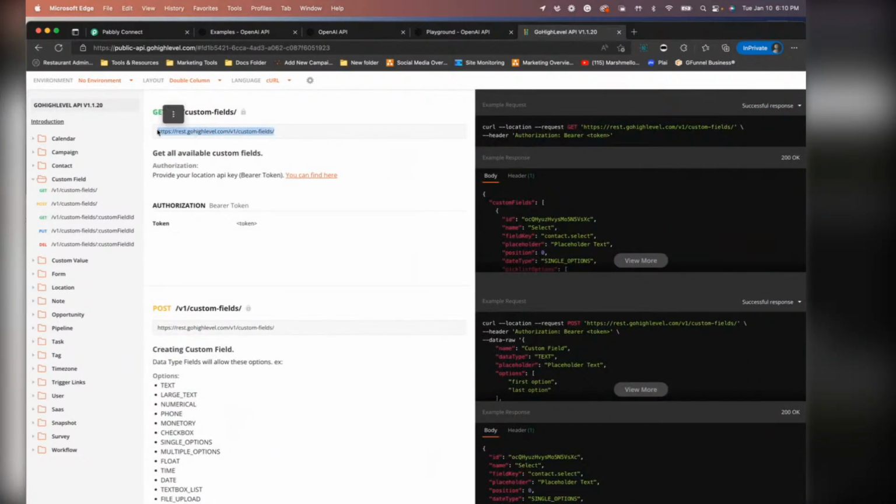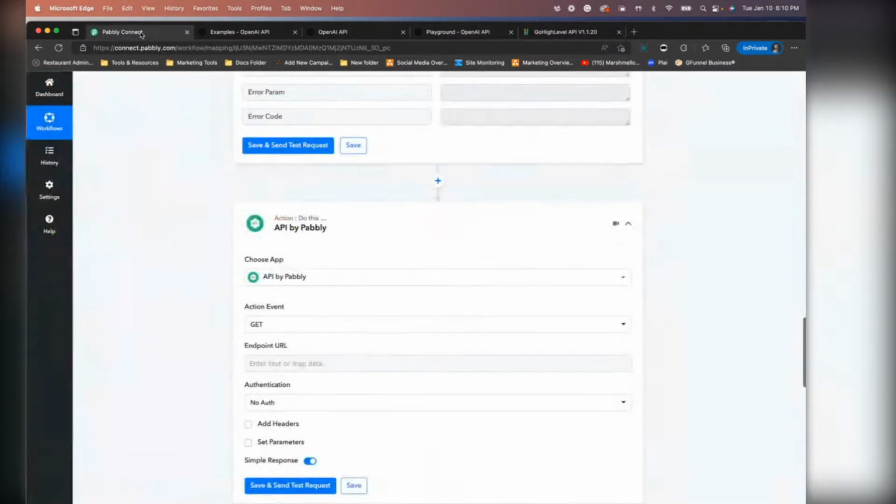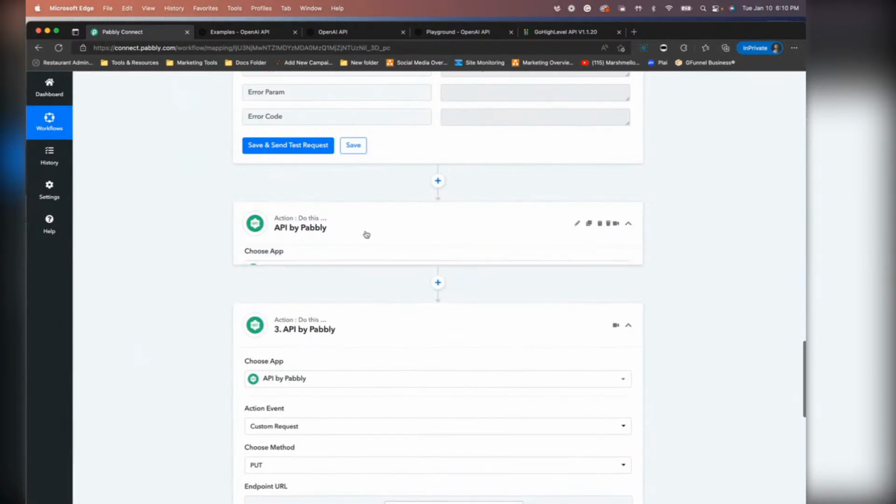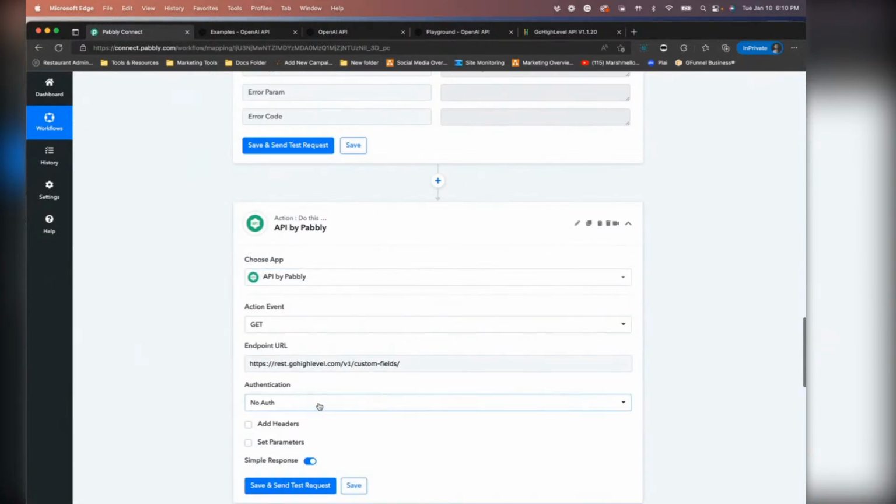I'm going to copy that. Copy. We're going to bring it right back over, and we're just going to say here's our GET. And then what we're going to do is now we're going to do an authentication. So what I'm going to do is I'm going to take away the